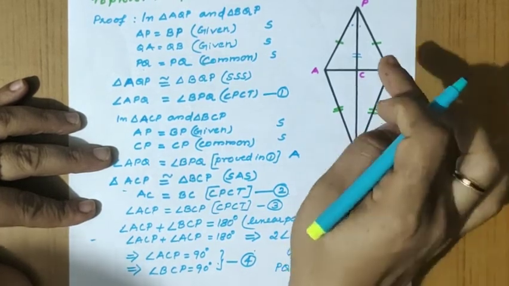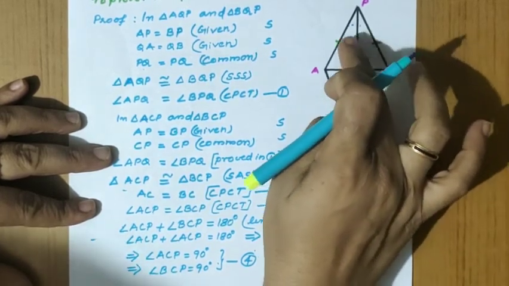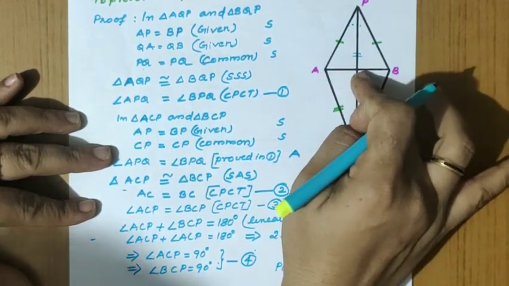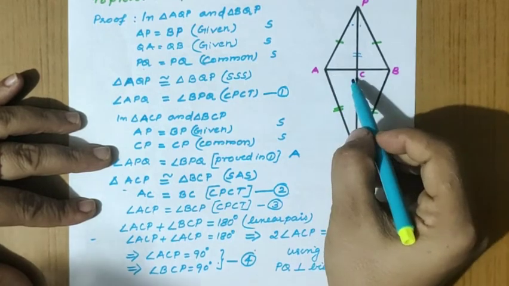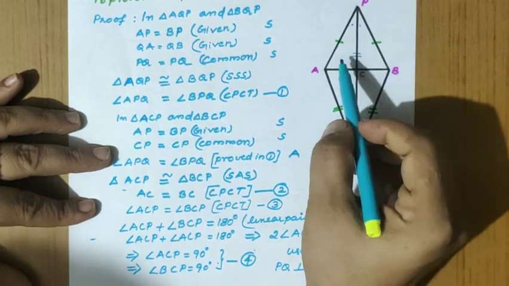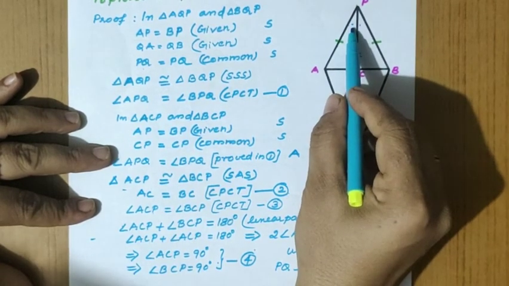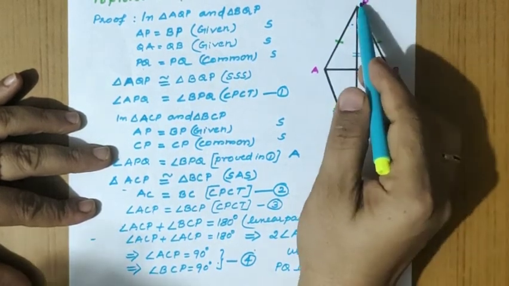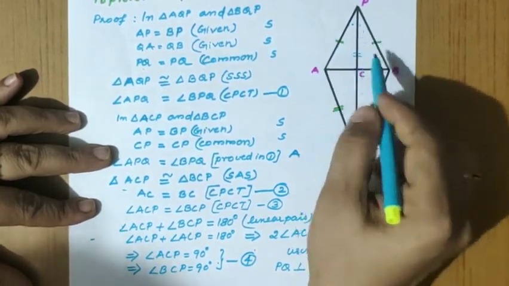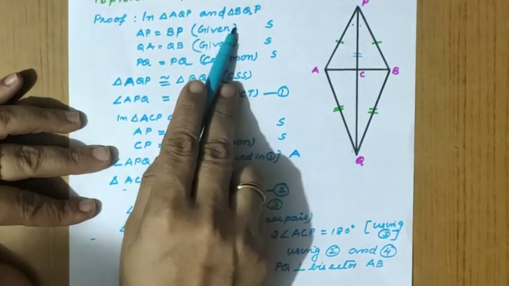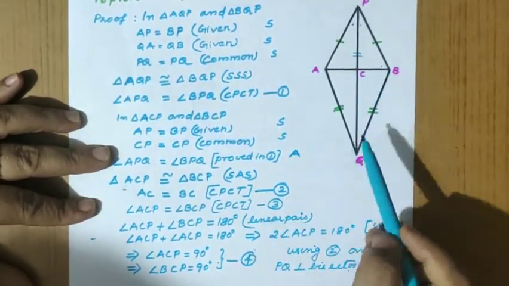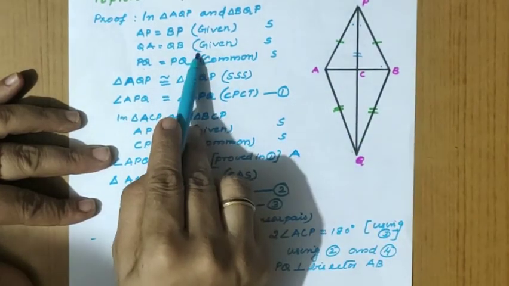So if we go for this triangle, meaning ACP, directly we should prove AC equal to BC. AC and BC are the sides we have to choose, but if we select ACP and BCP as the two triangles, then we will not get any included angle. So what we should take is APQ and BPQ, or we can say AQP and BQP. That only we have done here. In that, which are the equal sides? PA and PB are equal, QA and QB are equal, both are given.